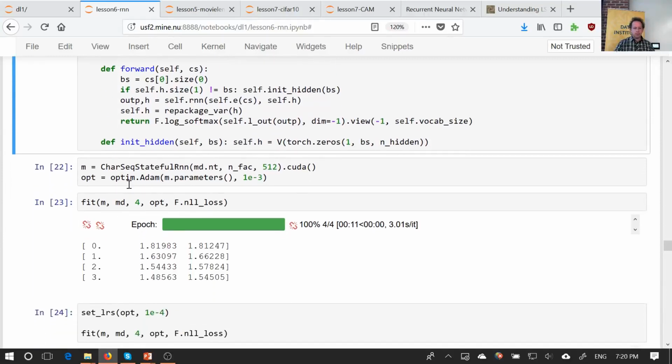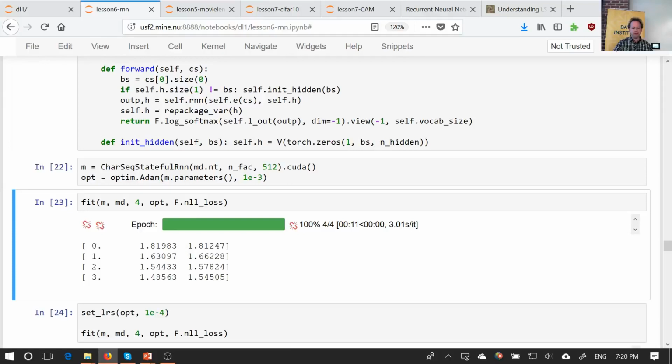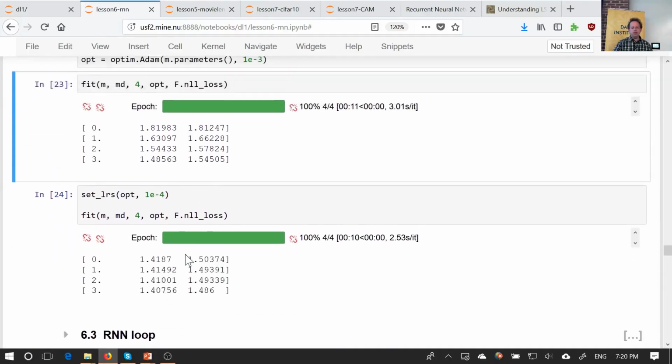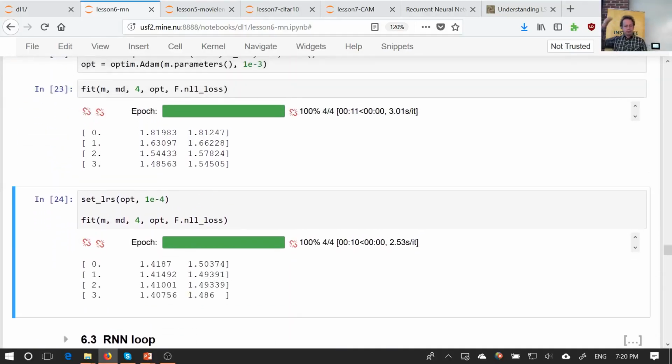All right, so that's something to be aware of with this dm equals -1. So then we can go ahead and construct this, and we can call fit. And we're basically going to get pretty similar results to what we got before. All right, so then